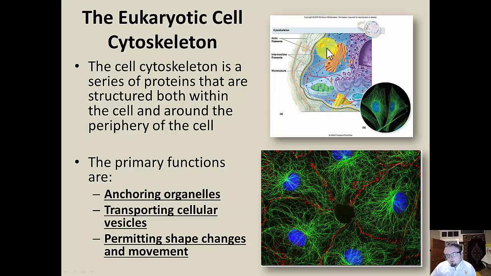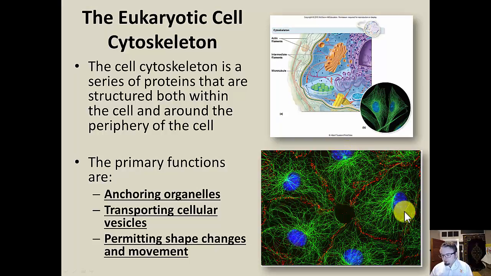And you're seeing here these little hair-like structures. These are all part of the cytoskeleton. This here and down here, these are fluorescent microscope images of cells in which they've highlighted just the cytoskeleton. So you don't see the cell membrane, you don't see the other organelles, you see just the cell cytoskeleton, plus in this case you actually see the nucleus.